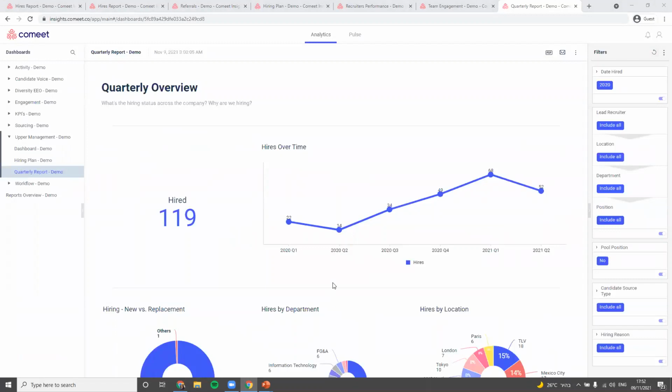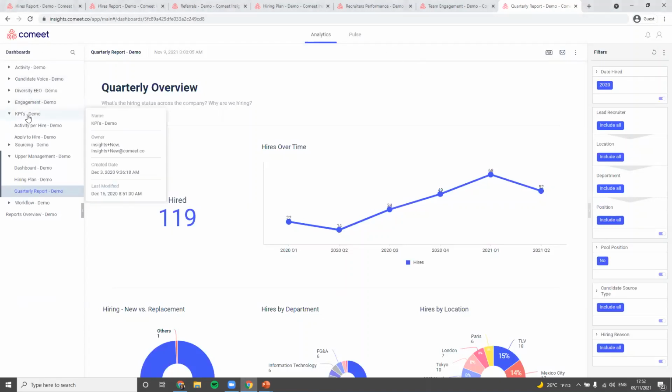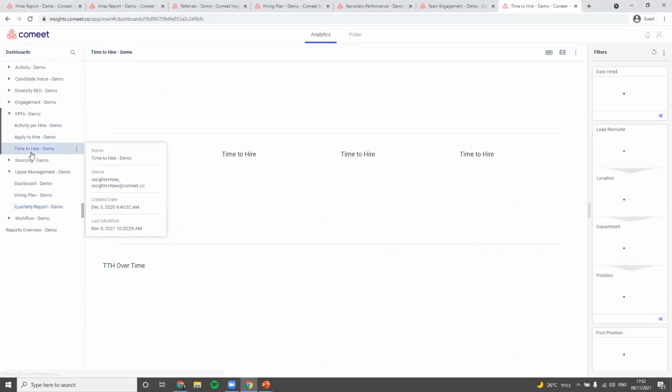Is it possible to see the time to hire for each specific interview stage for each department? So the time to hire is a number that's representing how long it took to hire one specific candidate. So it's a number that we're going to showcase per candidate per opening. So just to go back to that report, for example, if I open up my KPIs, I'll have my time to hire